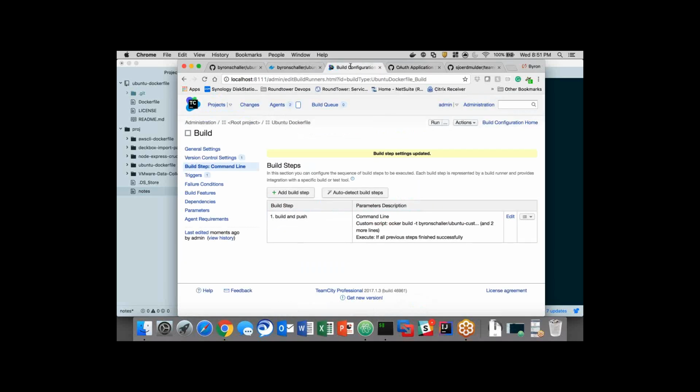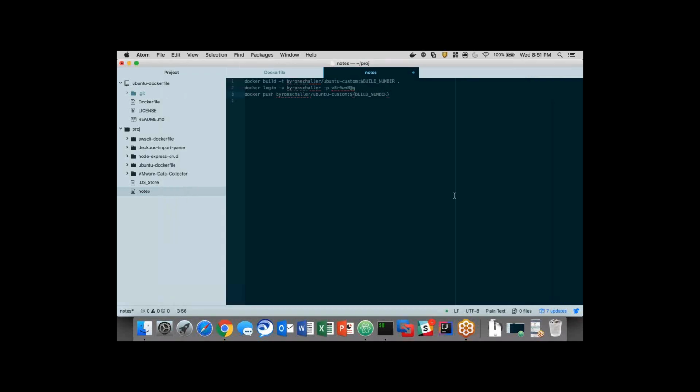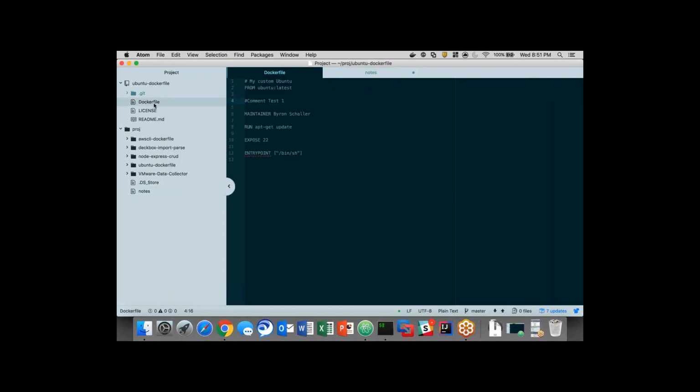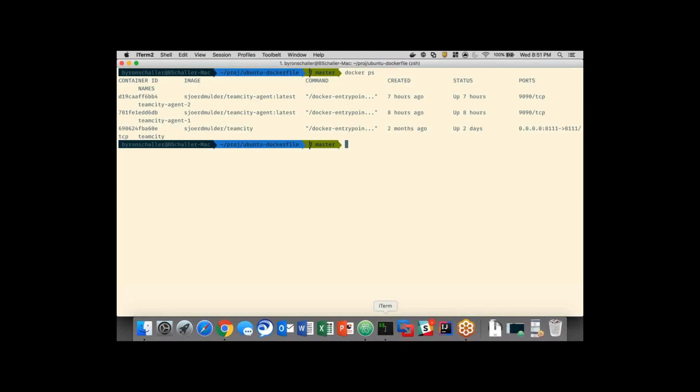So we're going to go here. All right, have our build step. That's all set. All right. So now we're going to do a commit and see if it works. So I'm just going to make a real easy change here. I had this comment that I was testing earlier. Change it to hello, the brown bag folks. Hooray. All right. We're going to save that out and go here